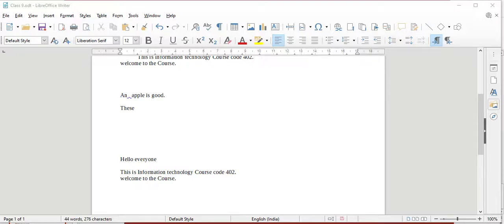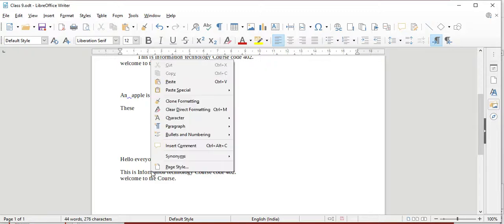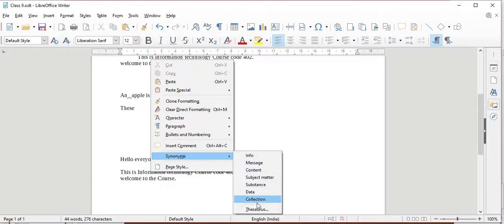Just by right clicking on the word, you will see the synonyms options. If you want, just click on Thesaurus.